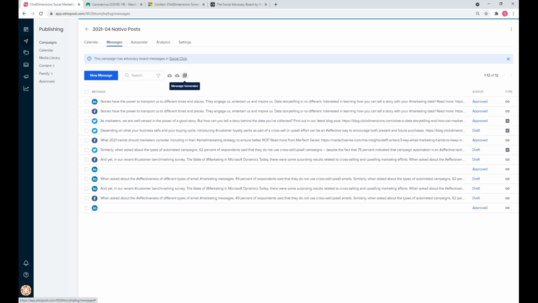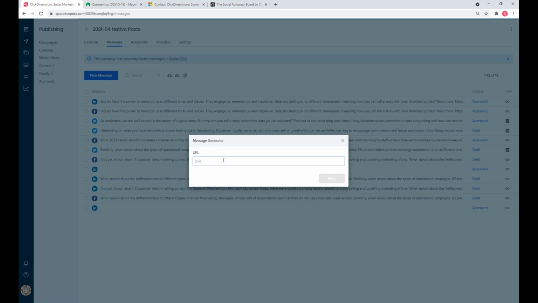This is called the message generator. I've been in social for a few years, guys, and I've never seen anything like this. I understand it's very typical for social media marketers to take existing content, such as blog articles, and snip this up to create bite-sized snippets of information that we can leverage for social. Very easy strategy, good tactic using existing assets, but a little bit of a manual process.